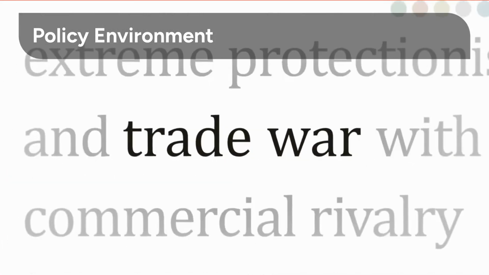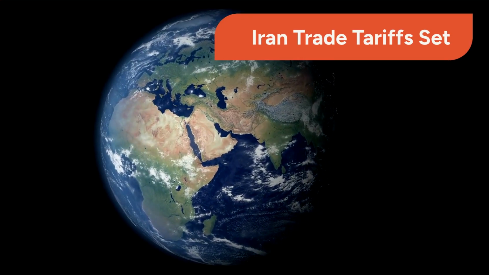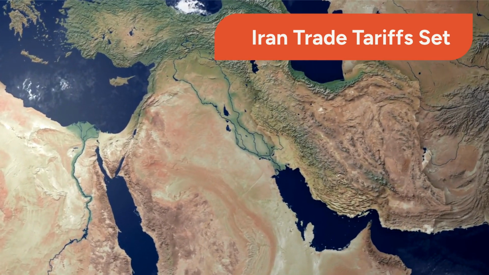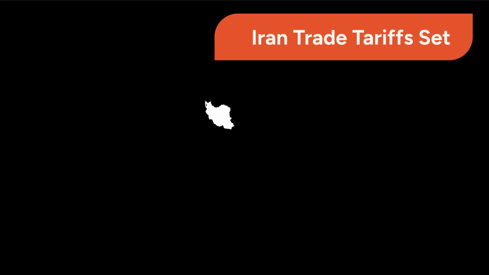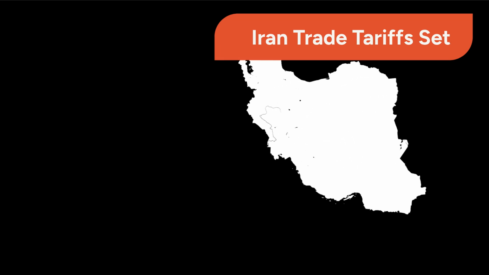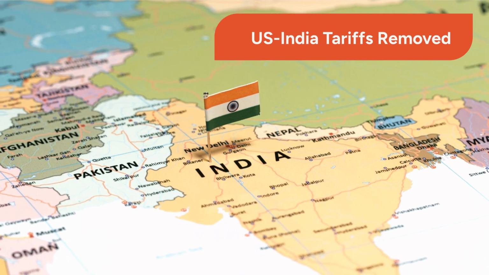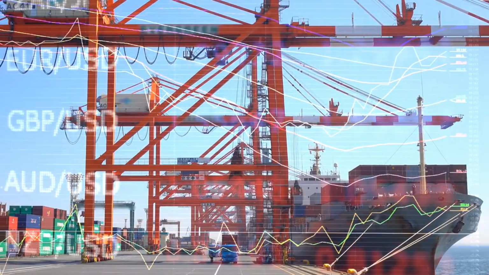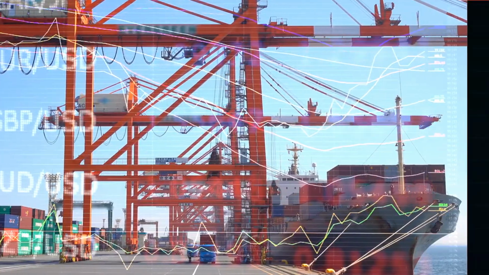We now turn to recent policy and trade developments. Recent policy actions have contributed to increased uncertainty across global markets. A newly signed executive order has established a framework for tariffs related to trade with Iran, effective February 7, 2026. Historically, similar developments have acted as catalysts for safe haven asset allocation. On February 7, 2026, additional tariffs on Indian goods were officially removed following a strategic energy agreement. This development is expected to influence global physical trade flows and broader supply dynamics.